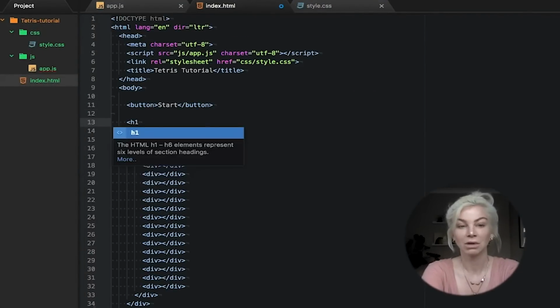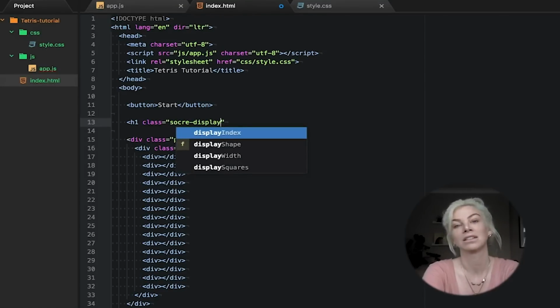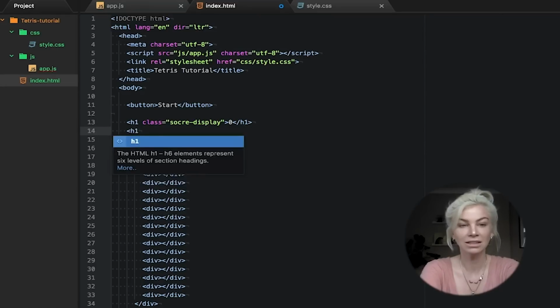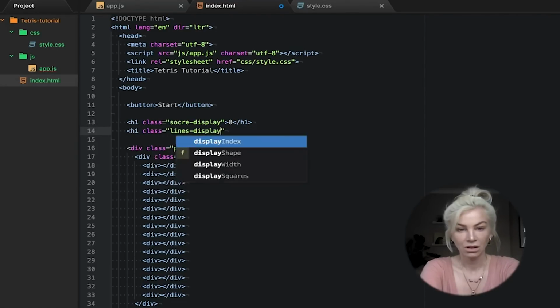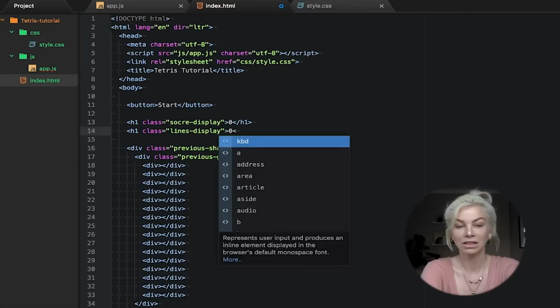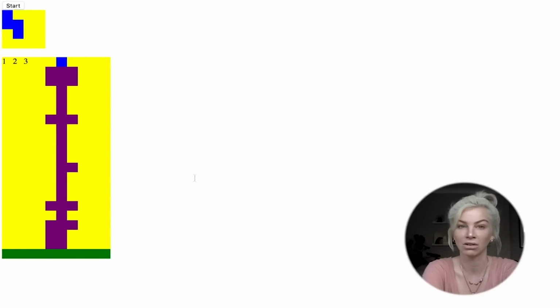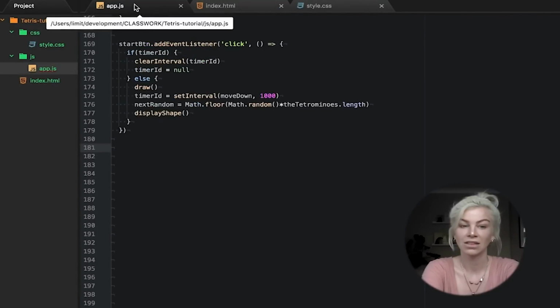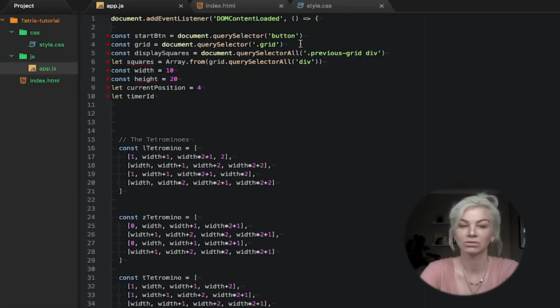Now go to our HTML page so we can visually show a score and how many lines we have cleared in our browser. I'm going to do this with h1 tags. So as you can see here, we're using class names for our JS files, so we can then use the query selector to make our JS file and HTML file communicate. Let's add the following to the top of our JavaScript file, so score and lines.